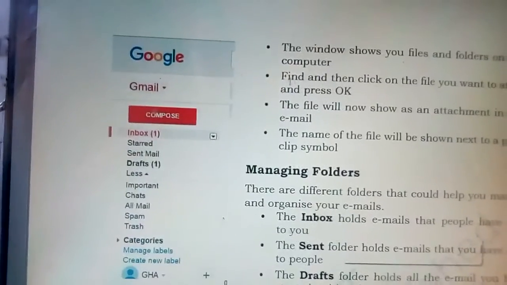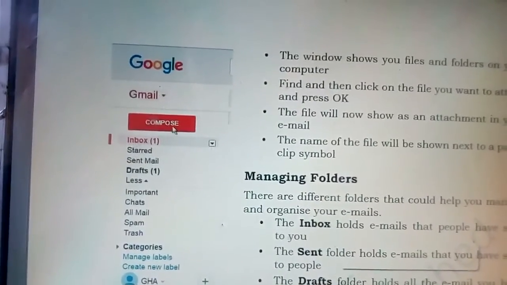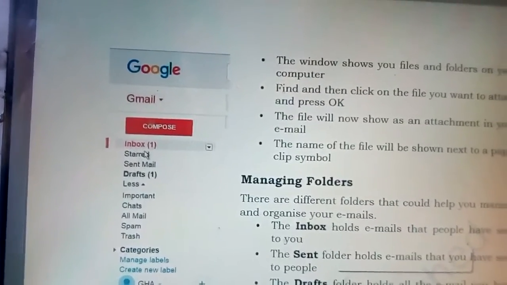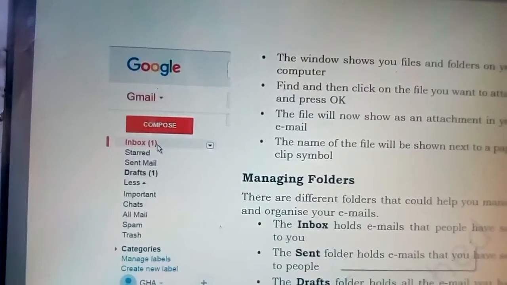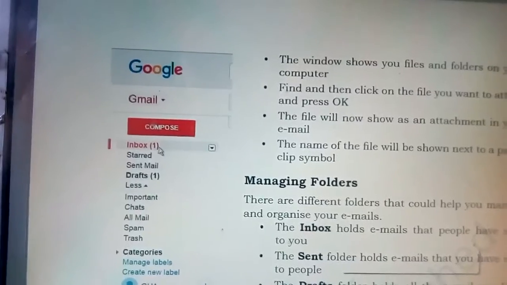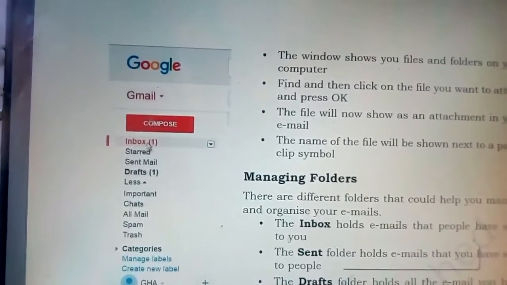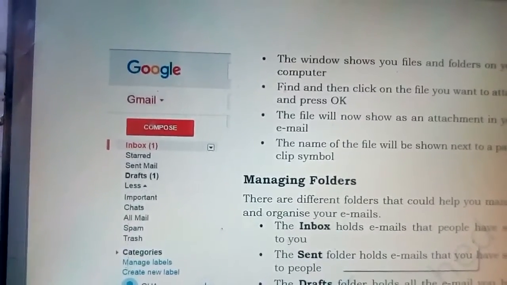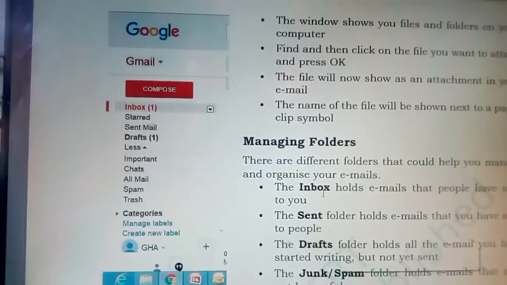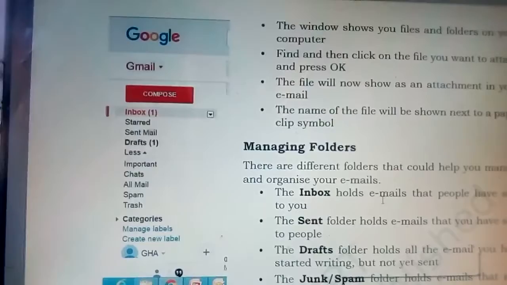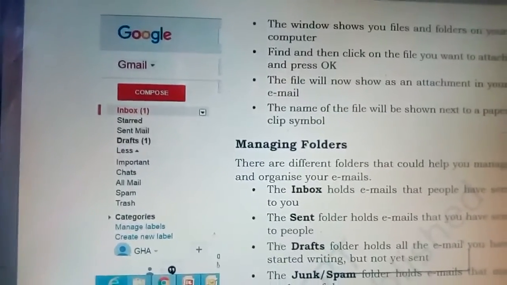Now how will you manage the mailbox? Here you can see compose, and inside it, inbox. Inbox means the messages which you have received are saved in this inbox. There are different options here. Now next one is managing folders. Here you can see inbox, that is emails that people have sent to you.